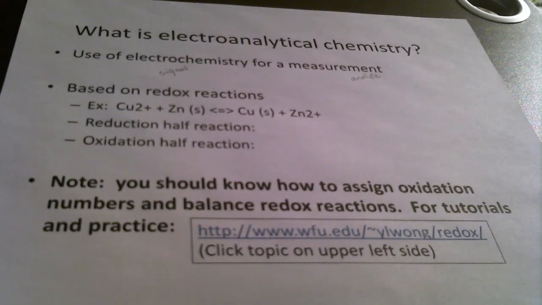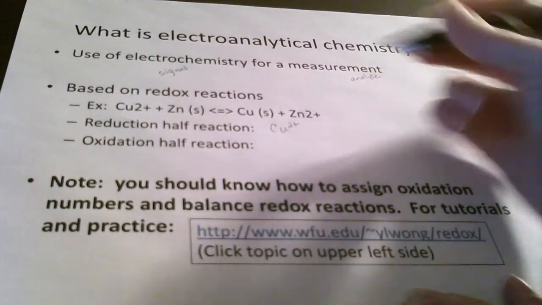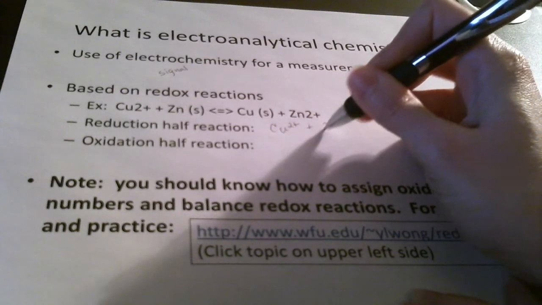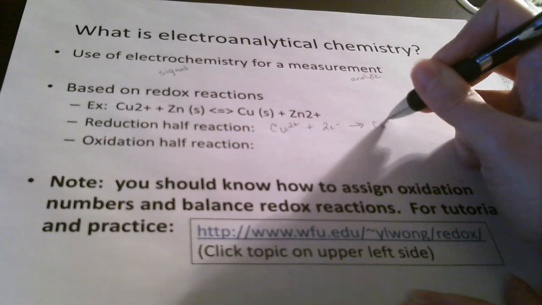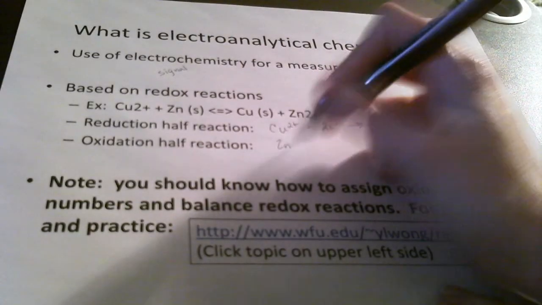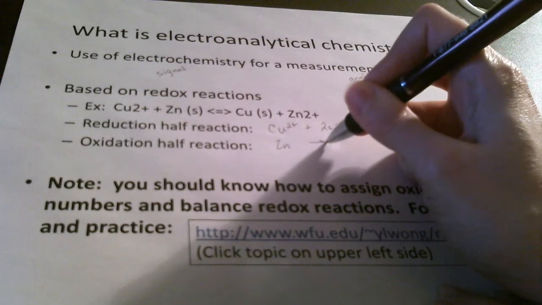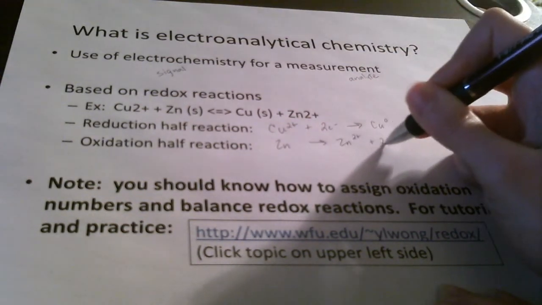So if we look at this overall redox reaction, the reduction half reaction is our copper 2+ plus 2 electrons going to copper metal with a 0 oxidation state. The oxidation half reaction of this is going to be zinc metal going to the zinc 2+ form plus